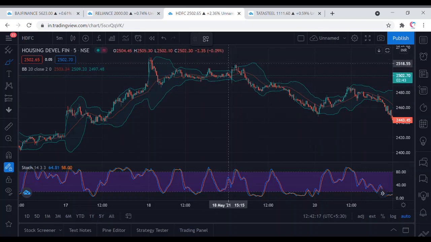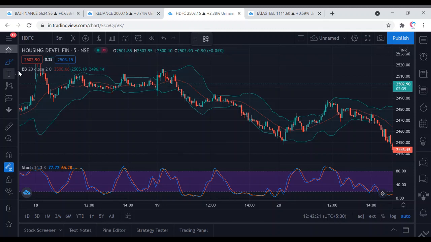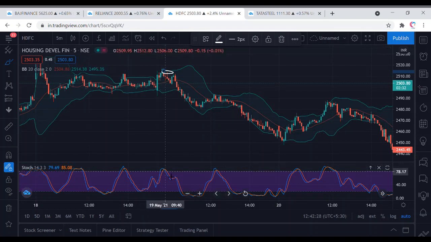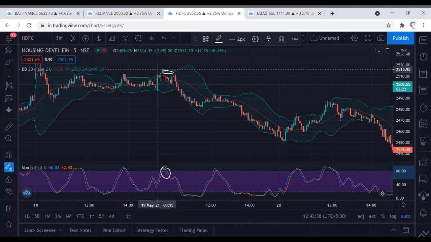So on 19th of May, you can see after breaking out of the Bollinger Band, the price came inside the Bollinger Band and then it again touched but couldn't sustain near the highs of the Bollinger Band, and we got a sell signal at this point of time. So we got a sell signal at around 2500 with 2512 or 2510 as the stop loss. You can see the prices did rebound, but that stop loss wouldn't have been hit and you would have got